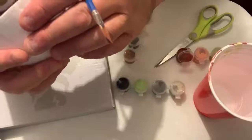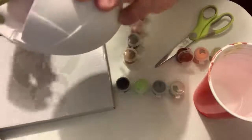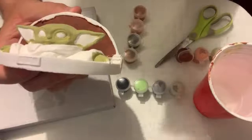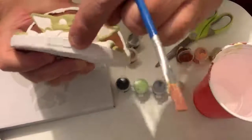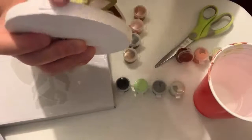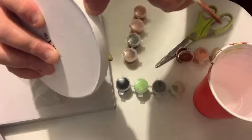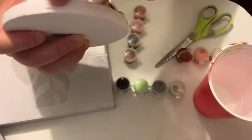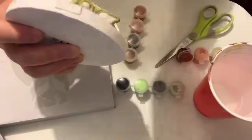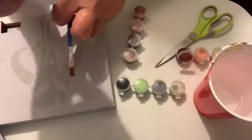So what I'm going to think of doing is, once all this is fixed up, once Yoda and his clothes and that are fixed up, when I start painting here, I'll paint it, and then with a brush with smaller bristles, I will paint in there, paint it white. So that way, if I use one with the smaller bristles, it will be better, because